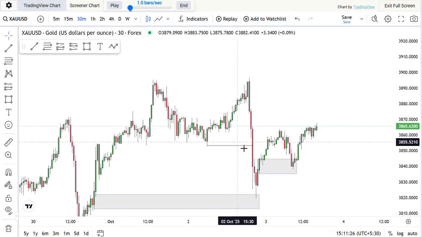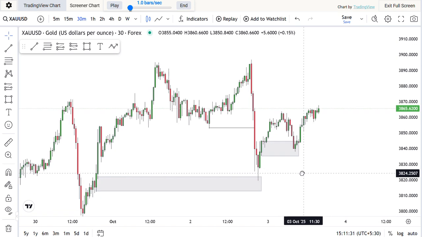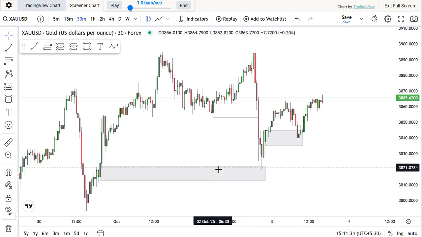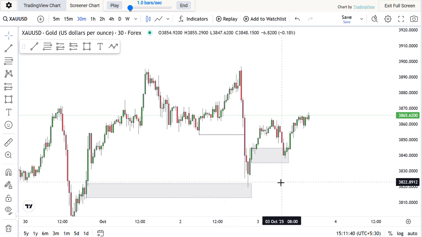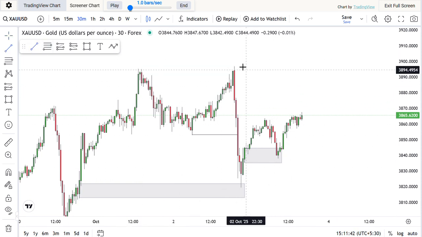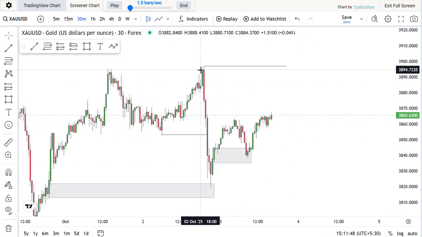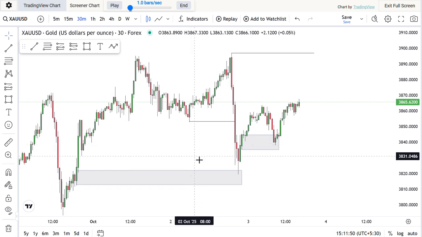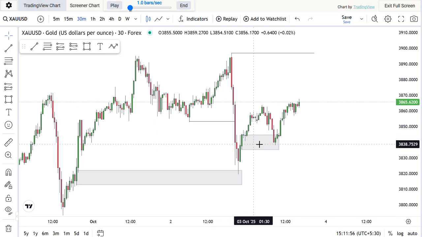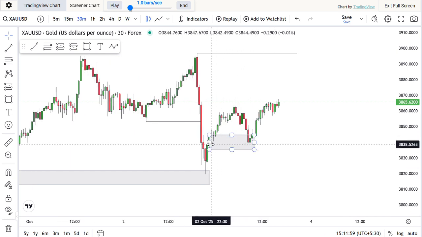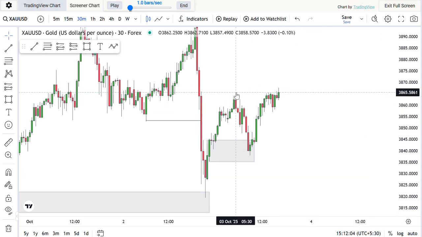Then the next thing we will expect is that, okay, since price has already swept the low and we've tapped into demand, and this particular high has failed to break structure to the downside, then the next thing to expect is that price will come and take this high. And with all of the things that we've had here, we've seen that price has come here, tapped into, mitigated and tapped into the demand that was here, and then we moved up from there. And now we've taken out this high,